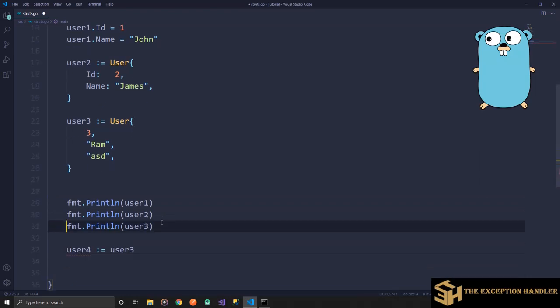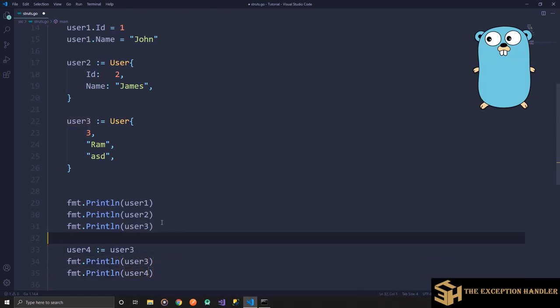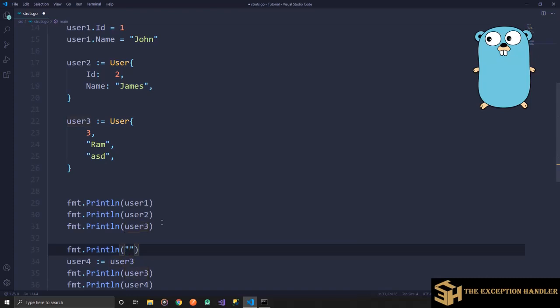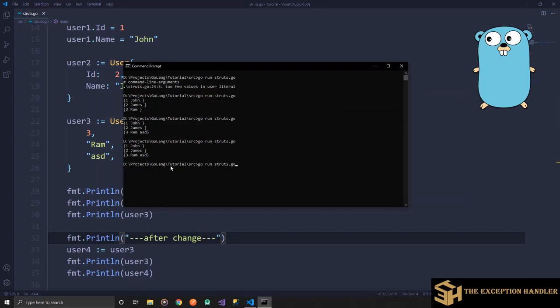And now let's print only 3 and 4. And before we print, I will print a line